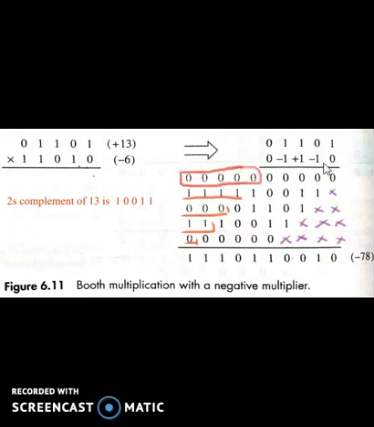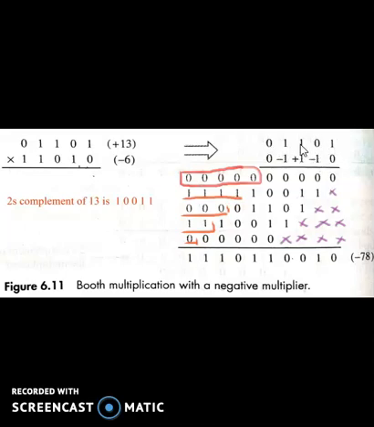Okay, 2n digits are getting there, so we have to take care about whatever the last bit we are getting in the operation, and extend that bit into the remaining positions. Remember that for this case we are taking 10 because our multiplier has 5 bits, so 5 into 2 is 10. That's why the 5 bits come from the actual result, and these 5 bits are appended because we require those bits. Now next, this minus 1 is multiplied with this 13.